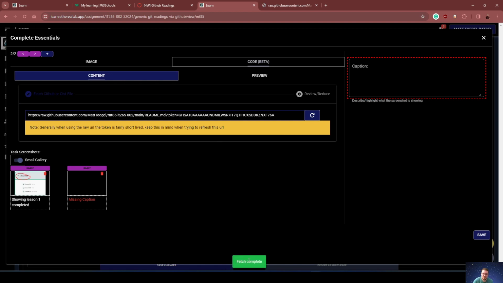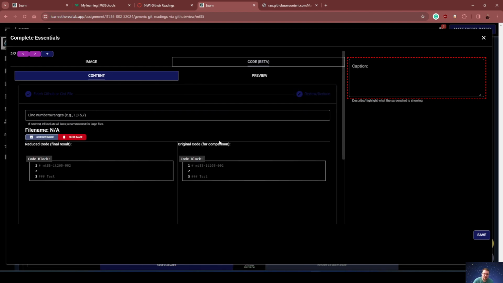You should see fetch complete. If you see fetch complete and an OK warning, this is talking just about the token, you should get a review and reduce section. This will give you an original code comparison and a reduced code comparison. If you have a long text file and not everything is relevant, you can mention what line numbers or range of line numbers are relevant to demonstrate. So for example, if I just want line 1, I'll type line 1 and it's going to show that the rest of it's omitted,